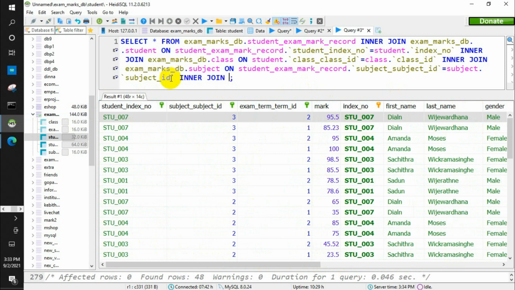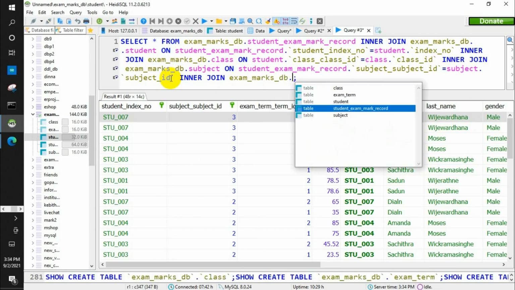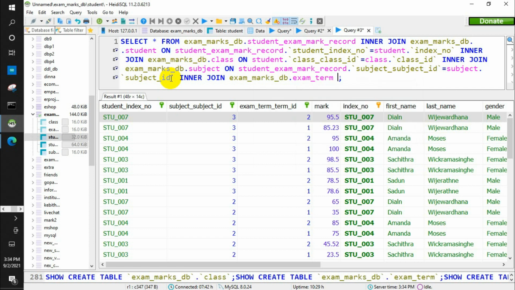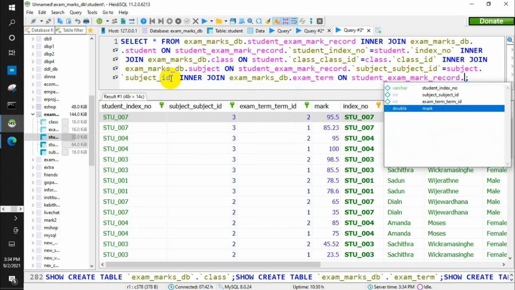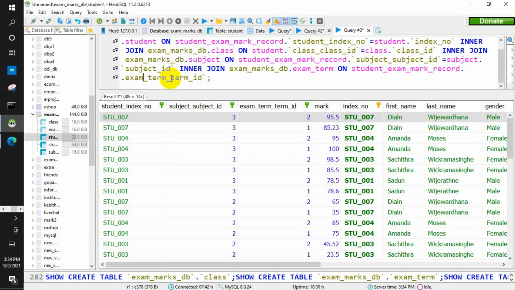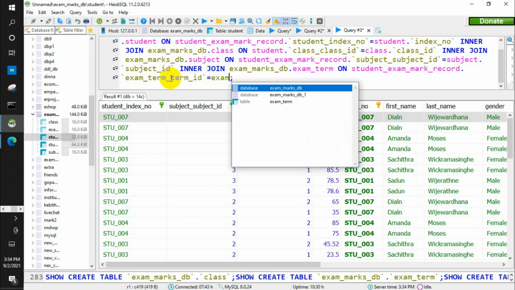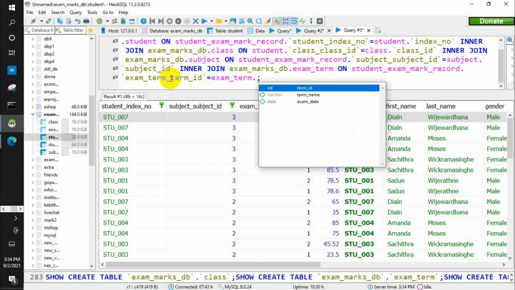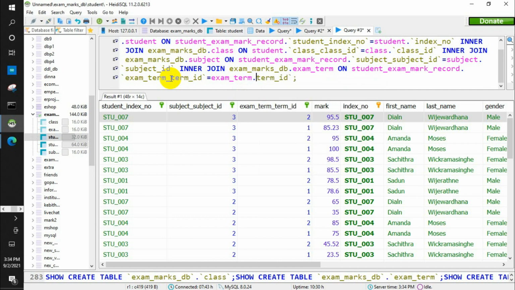Inner join exam_marks_db dot the exam term table on the condition student_marks_db dot the exam term ID should be equal to the term ID of the exam term table.